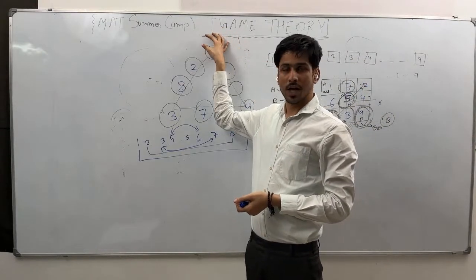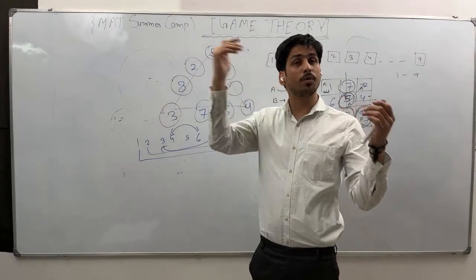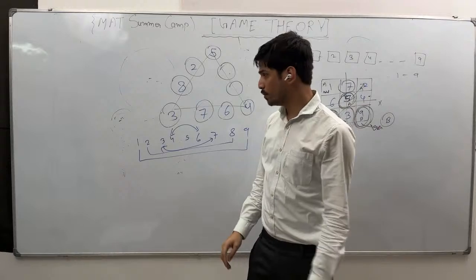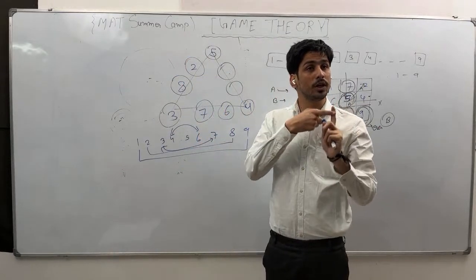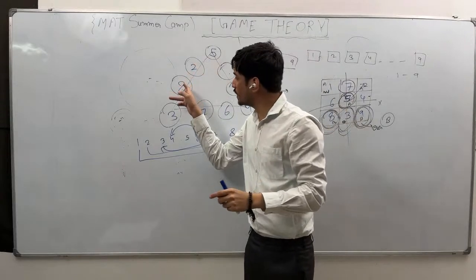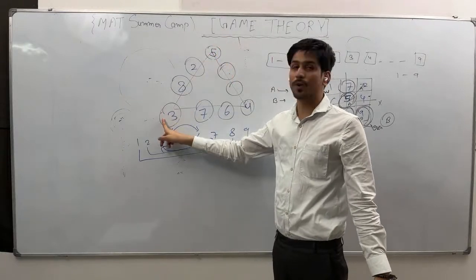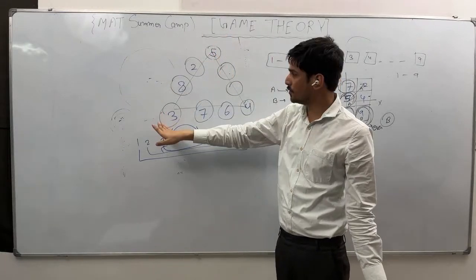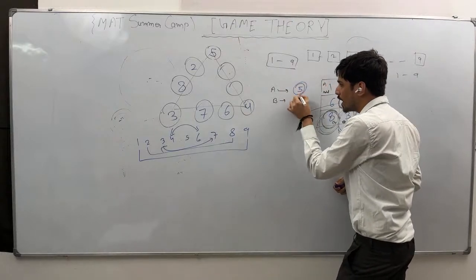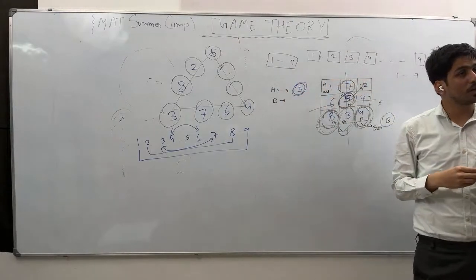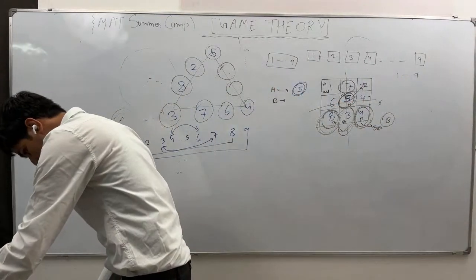First 5 you put here. Rest 3 of the column. Whatever number B puts, the opposite number you have to put. Is it clear? Let's say B is putting 8, then you have to put 2. The thing is, you don't have to give B the chance to find the opposite of the leftover number, right? Because B will always be left with 5, and 5 is already put, so he cannot put it. It means the strategy is that at any of the corners, if A puts 5, then definitely A will win the game. Clear? Okay, let's move to the next question then.